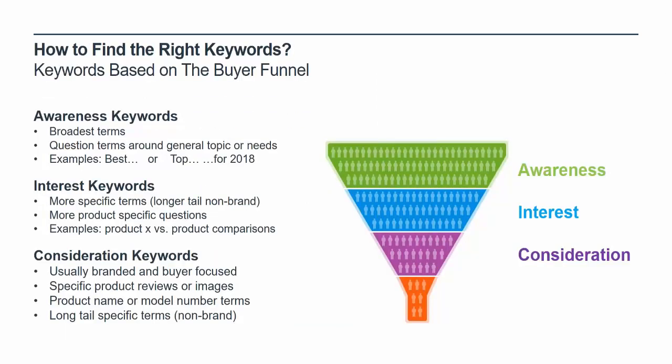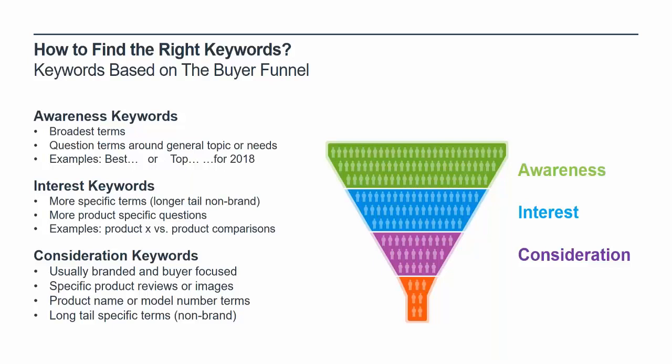All right. Let's talk a little bit more about how to find the right keywords. And I really want to equate this to the searcher's funnel, the buyer funnel, marketing 101 at its best. You need to think about the landing page that you're going to optimize and what the intent behind it is. The first bracket, all the way at the top of the funnel, this green section, you're going to want awareness keywords. These are the broadest, most likely the highest search volume terms.